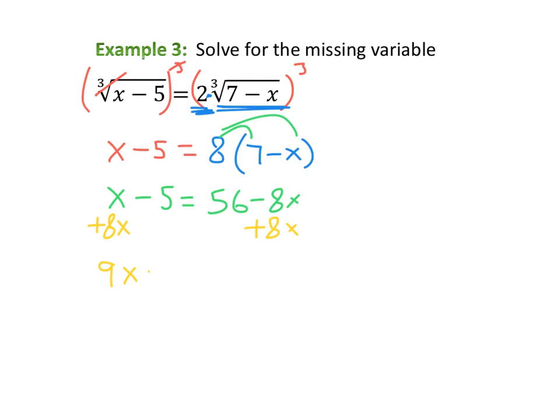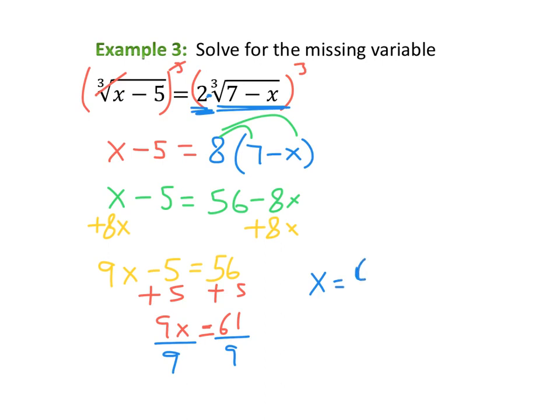Give me 9x minus 5 equals 56. I'll add 5 to both sides. Got 9x equals 61. And then divide by 9. Get x equals